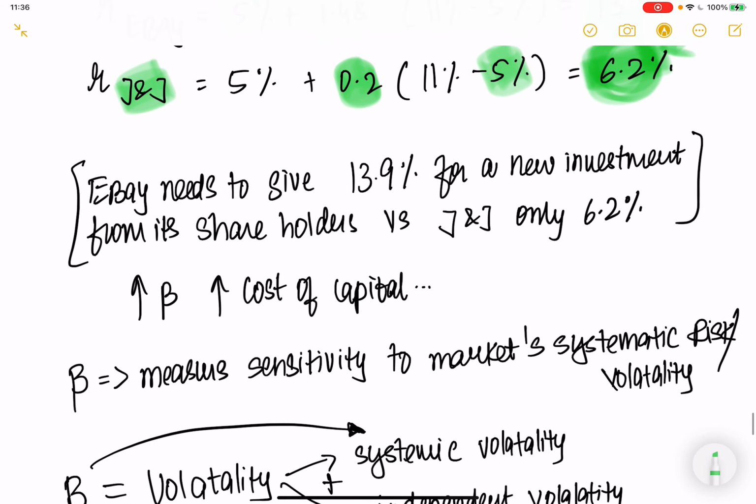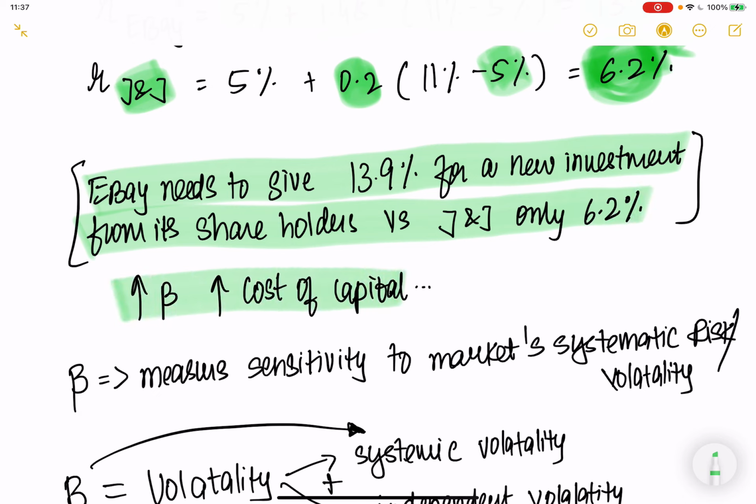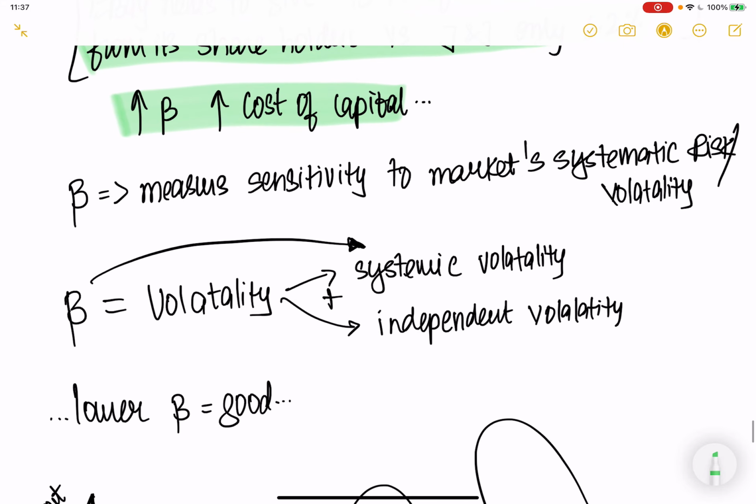So basically, eBay needs to give its shareholders 13.9% for investment I. For the same investment, Johnson & Johnson only needs to give 6.2%. Higher beta, higher risk, higher cost of capital. So beta measures sensitivity of markets to systemic risk. So if there's a systemic risk in the market,